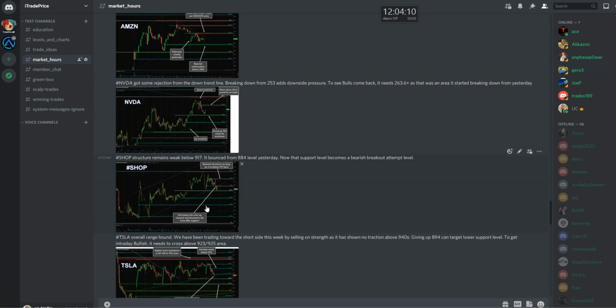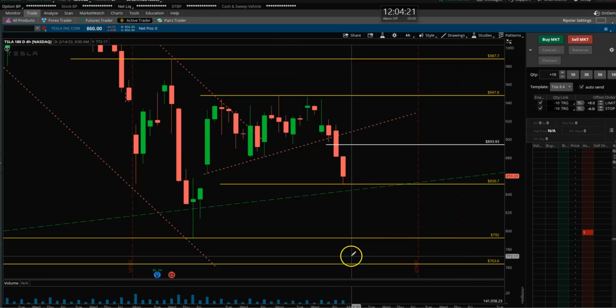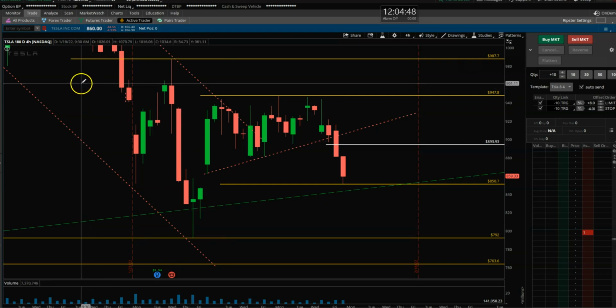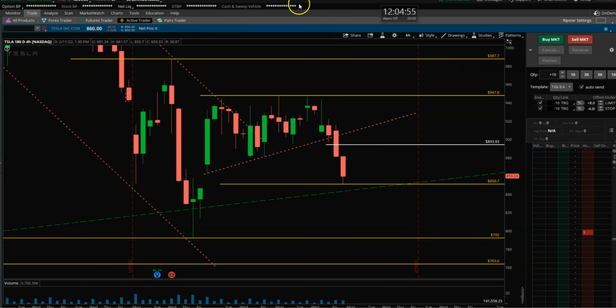But what I don't understand is that, again, I'm going to go over this thing again. We are not a typical alert service. I'm not going to give you alerts. Yes, we do share some of our entries sometimes, but that's not the platform. If that is your expectation, I am sorry to tell you that you will not get anywhere with that. The idea of this platform is to learn, make your own thought process, learn price action, and then make your own decisions.